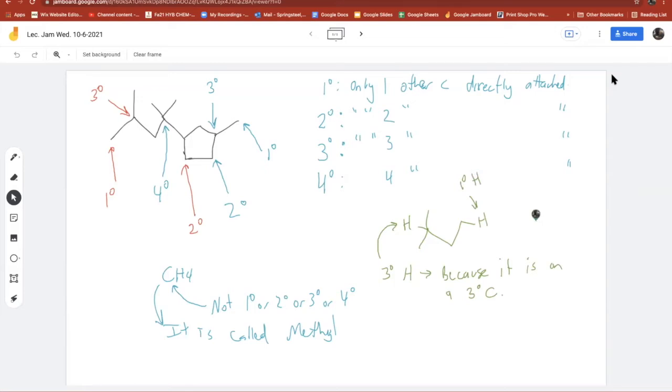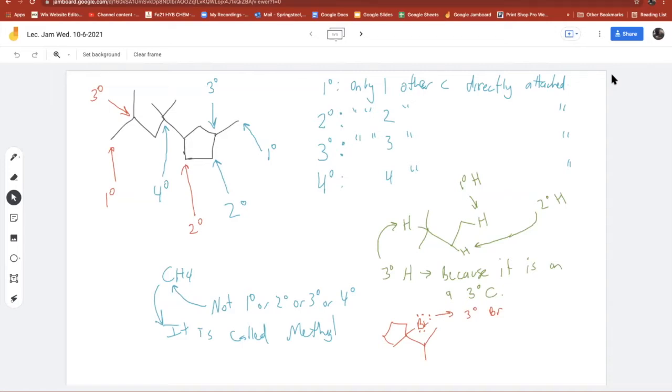And then if I draw another one, this guy right here, what's that one? Secondary hydrogen. You got it. Looking good. Let's do one more. Let's do this guy. Okay. If I put a bromine right here, what kind of bromide do you think this is? Primary, secondary, tertiary? Tertiary bromide because it's on a tertiary carbon.